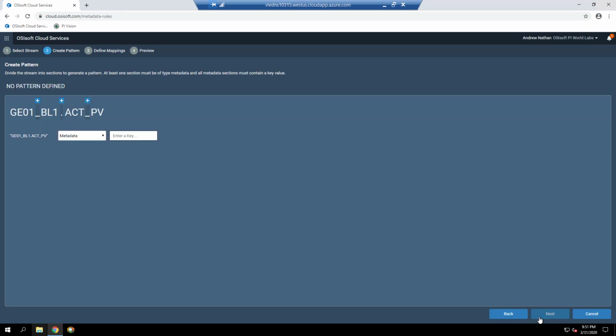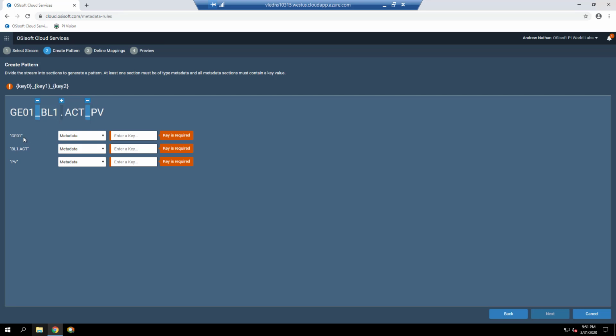On this page, click on the plus symbol above the underscore separating GE01 and BL1, as well as the plus symbol above the underscore separating ACT and PV. These plus symbols are automatically added based on delimiters detected in the stream name, which are underscores here, so that users can create a metadata pattern based on these delimiters.